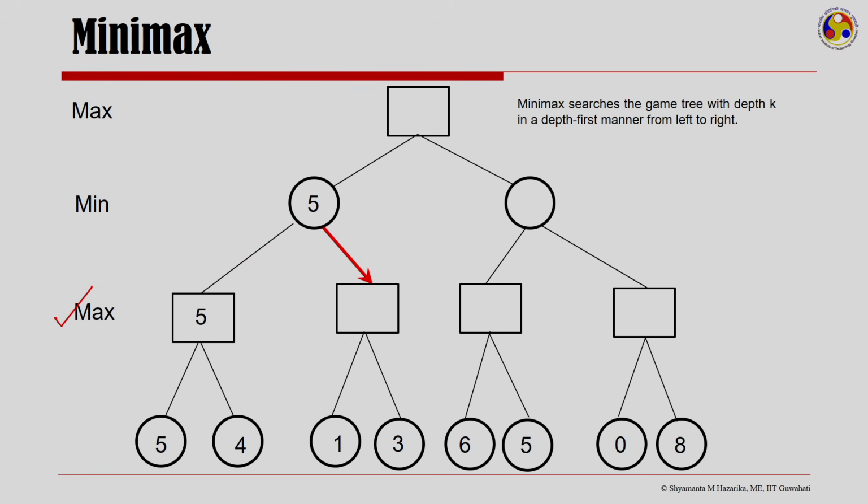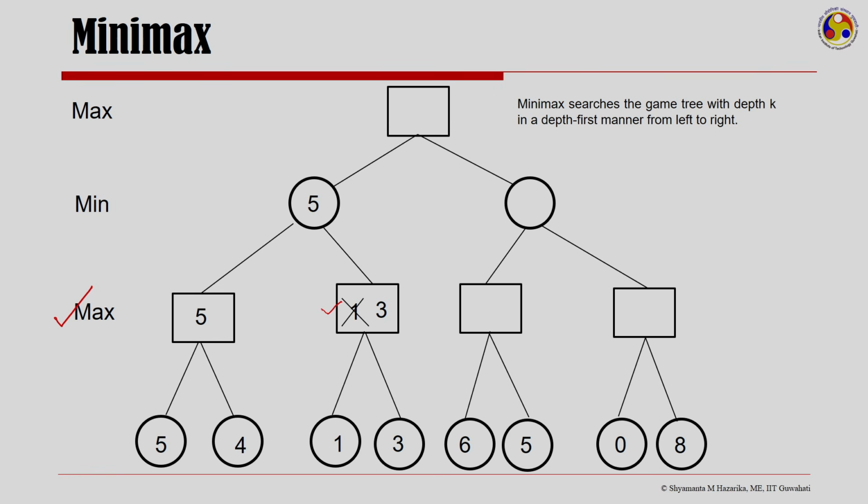Now one level down it goes there, comes back to the leaf node and 1 is backed up. So we have a 1 and then it visits 3. Now this is interesting because now we have a leaf node which is more than the value that's at the Max level. I have 1 here, whereas now the leaf node value is 3. So it overwrites 1 and keeps the new maximum, which is 3. Backs it up one more level.